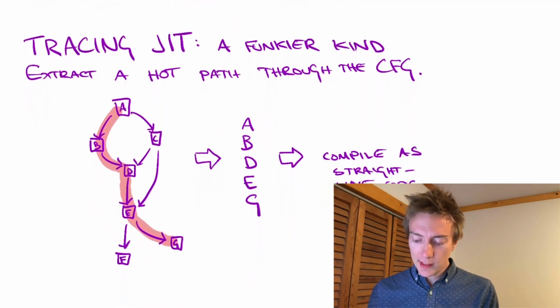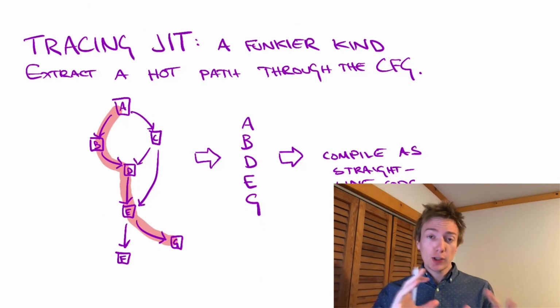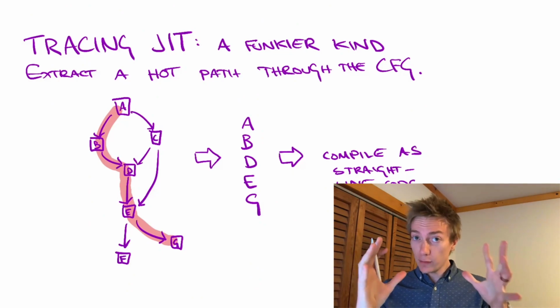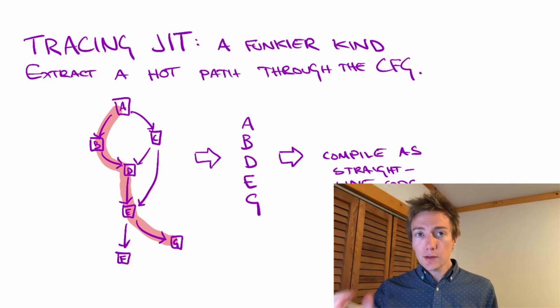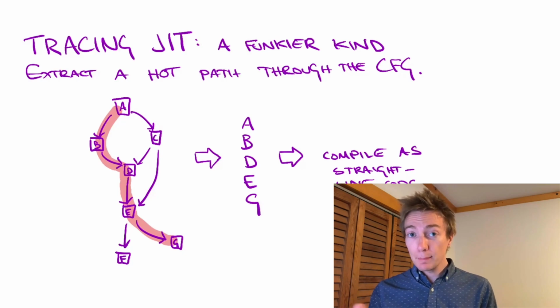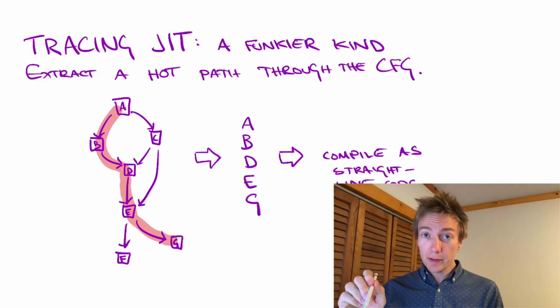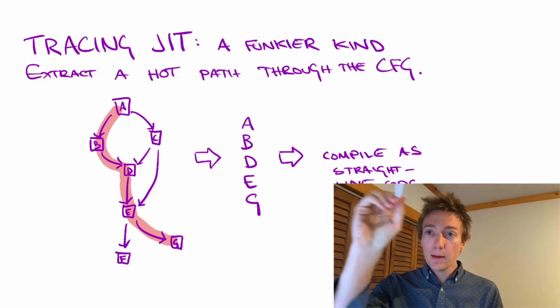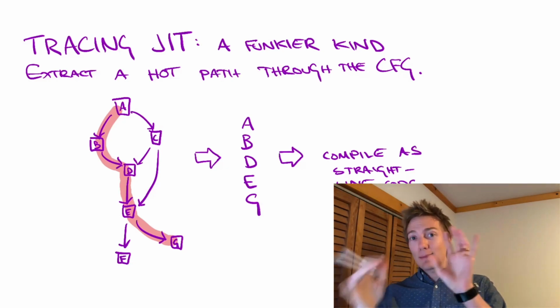The other kind of JIT is quite a bit funkier. Instead of interpreting and then profiling and compiling entire functions or function-like units of code at a time, instead you extract a path through the execution of a control flow graph, perhaps even interprocedurally. So this can go through a single function or perhaps jumping through multiple functions. A single hot path that traverses through the code will be extracted